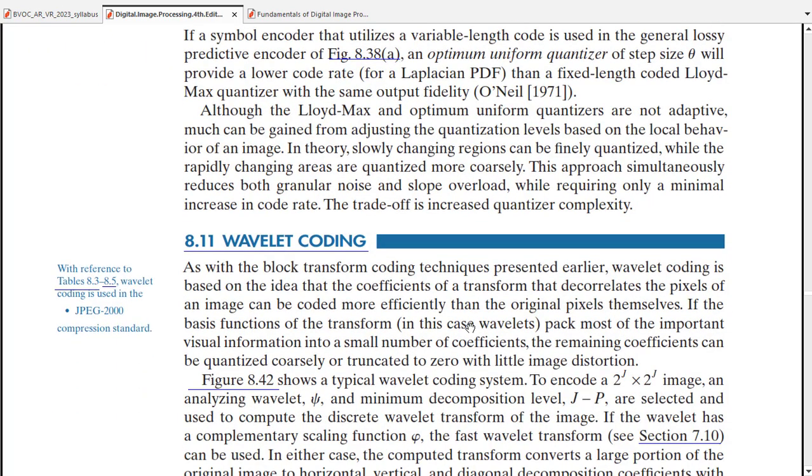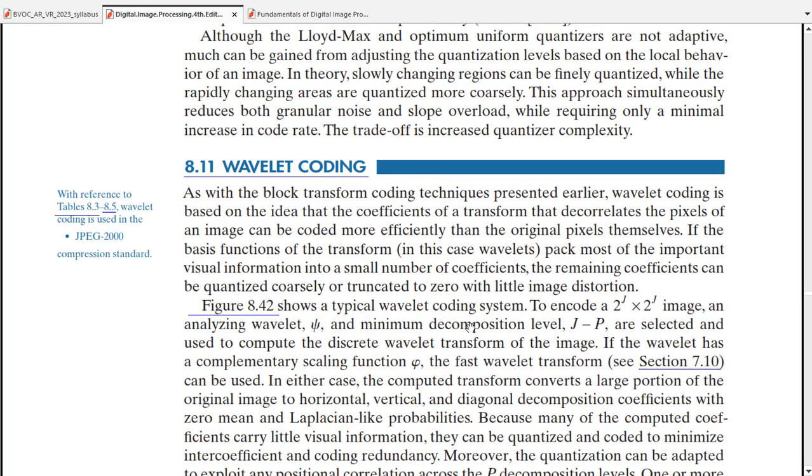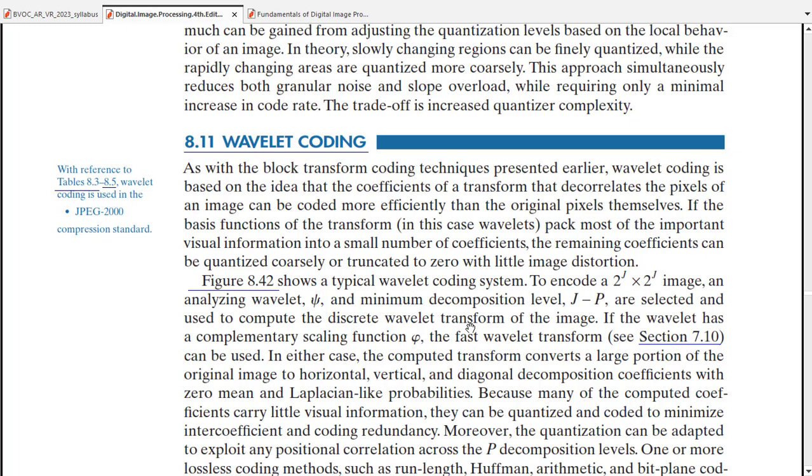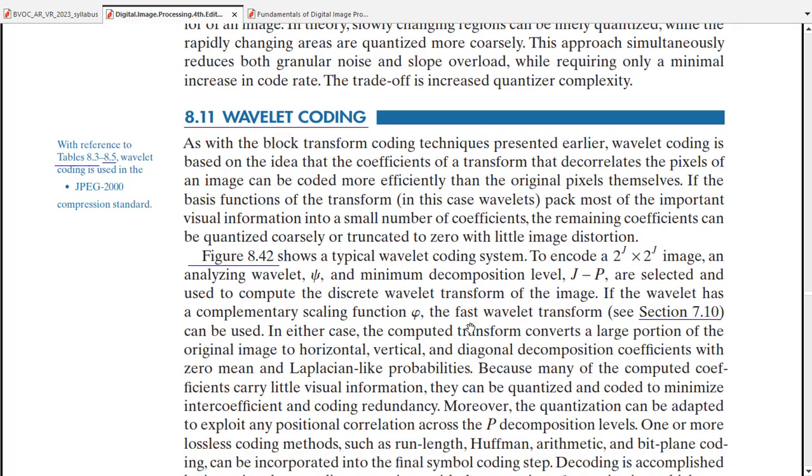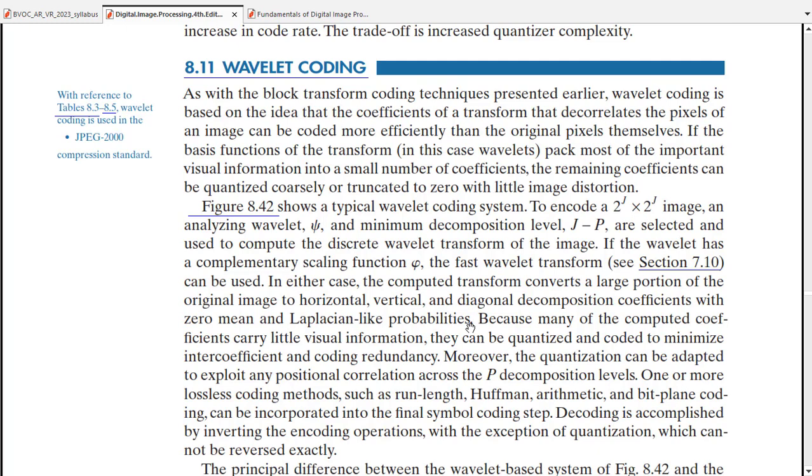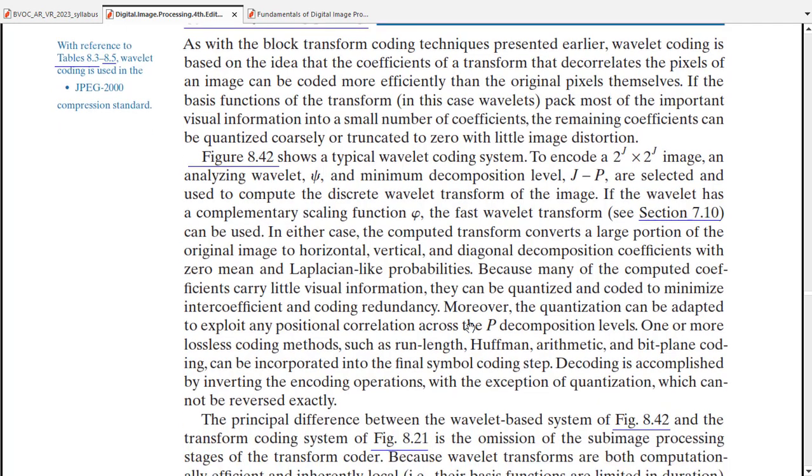Wavelet coding. So each and every block transformation technique requires each and every piece of information along with the coefficients. In the case of transformation, the basis function is called wavelets. The wavelet is considered in this typical coding, the encoder, 2 power j into 2 power j image. The analyzing wavelet sigma,